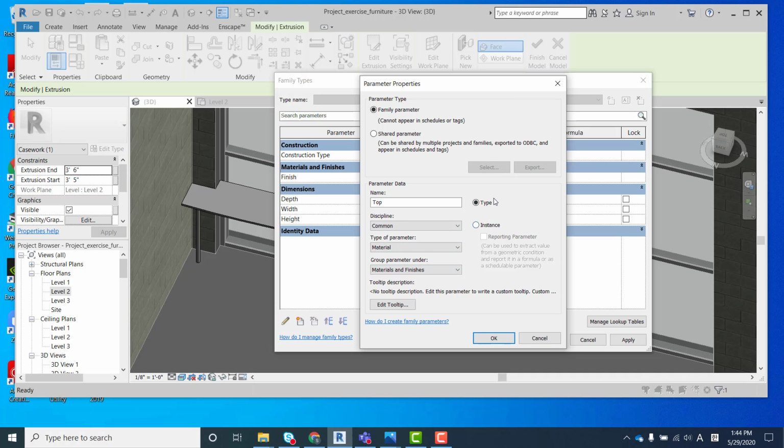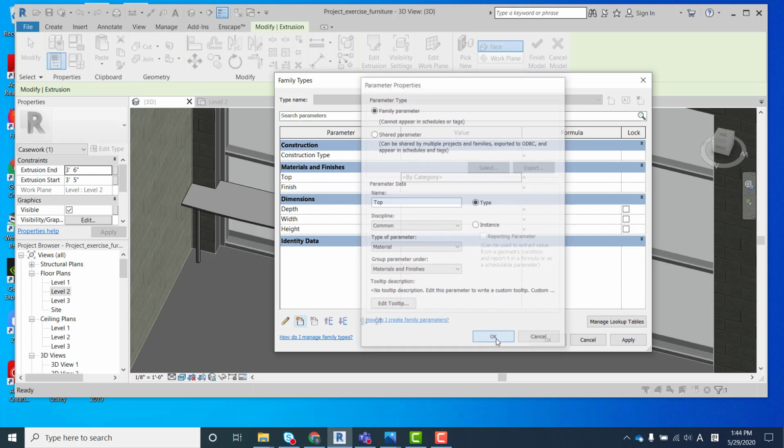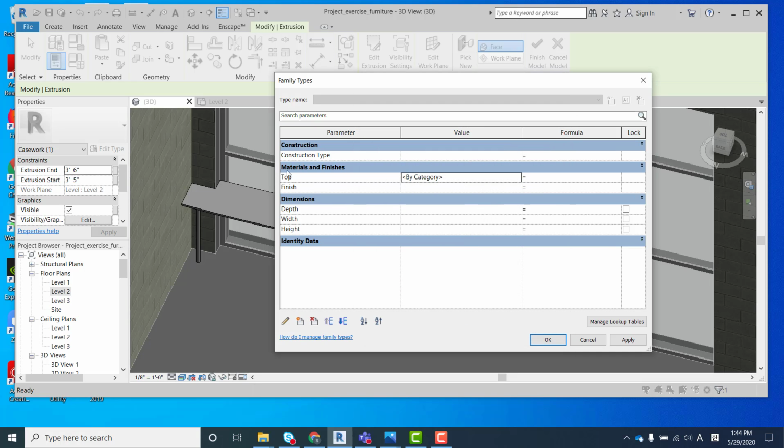And for here, there are two options, type and instance. Over here we have only one thing, it is not multiple pieces. So in that case, it doesn't really matter. I'm going to stay with type though. So say OK. And here you see the top material for top is created, and right now it is by